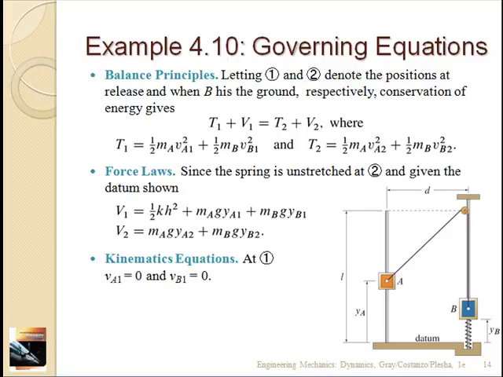There's no friction here, so everything's conservative, right? If you wanted to handle friction, you could, but we're going to ignore it for now. So T1 plus V1, the initial kinetic plus potential energy, equals the final. The initial kinetic is the initial kinetic of block A plus the initial kinetic of block B. We assume they're both initially at rest, so that'll turn out to be 0. So T1 is 0. T2 is the final kinetic energy. It's the sum of the kinetic energies of the two particles, just as B gets to the bottom.